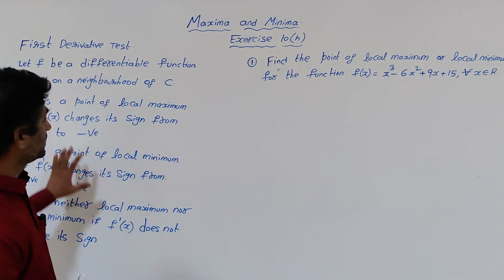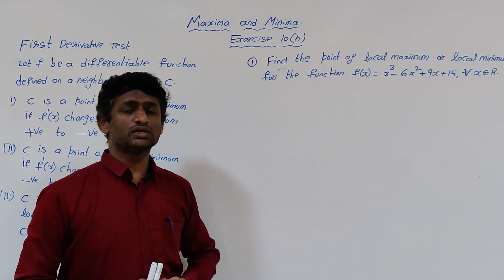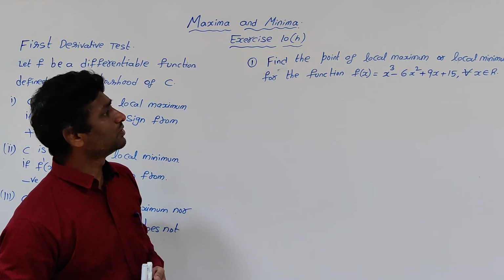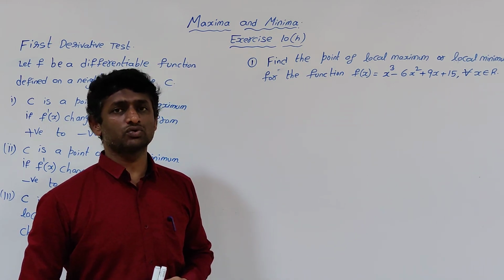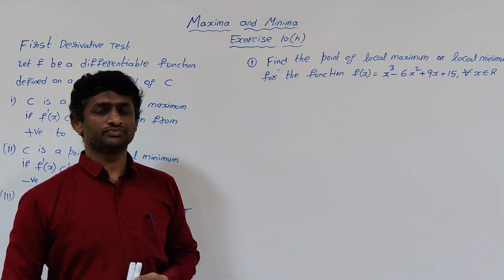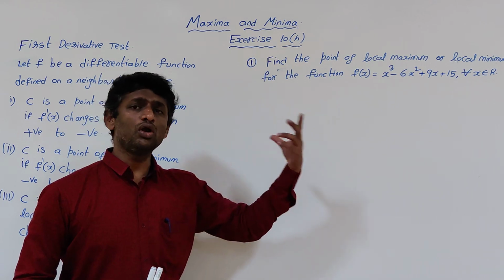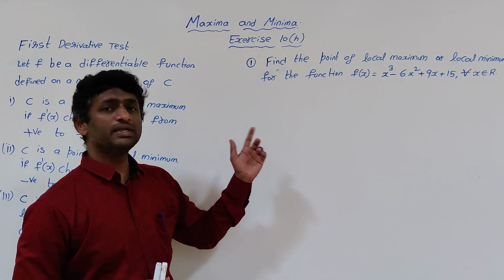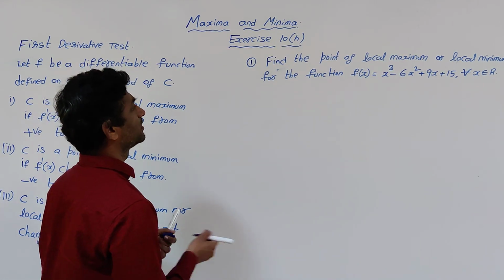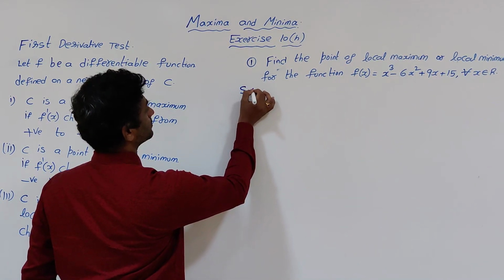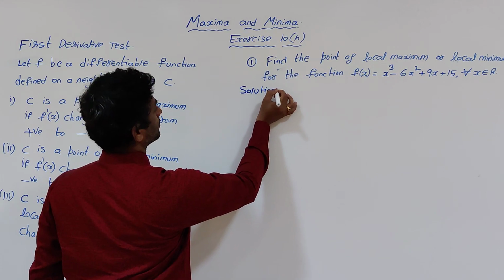So based on these three steps, we will try to find out the local maximum or local minimum for the function f of x is equal to x cube minus 6x square plus 9x plus 15, and it is defined for all real numbers. Means the domain is R, since it is a polynomial. Now, we'll try to find out the solution. Given